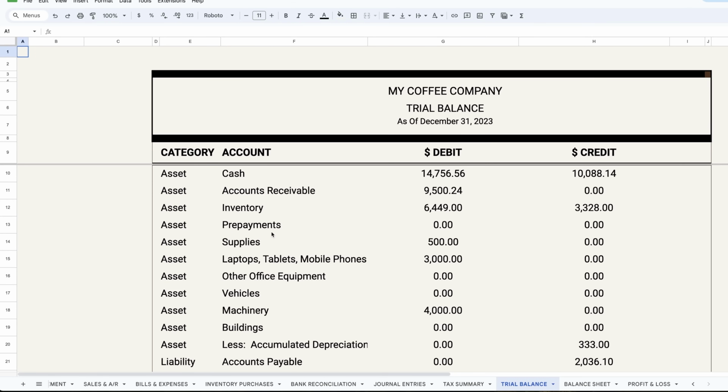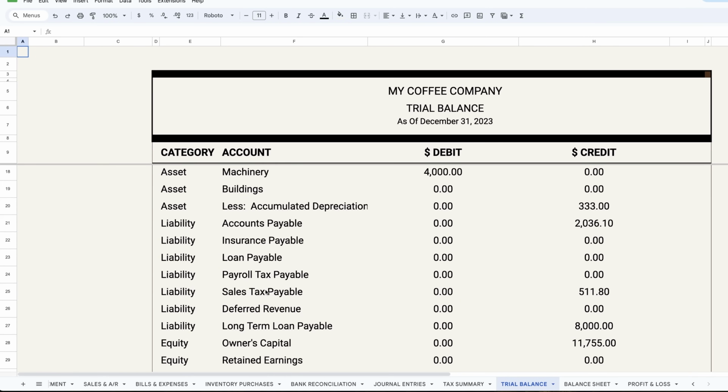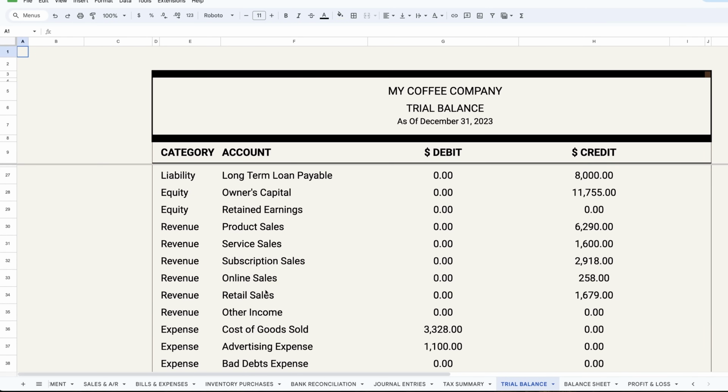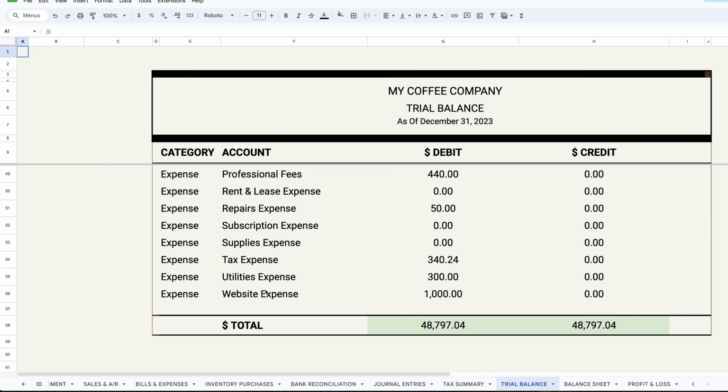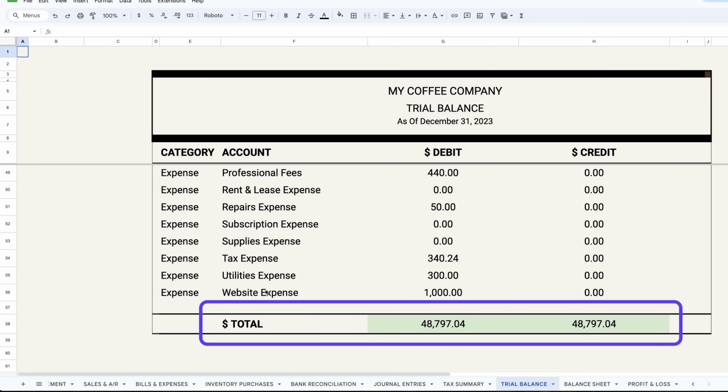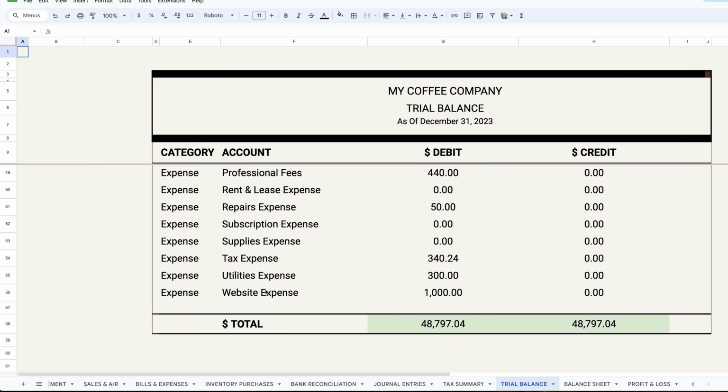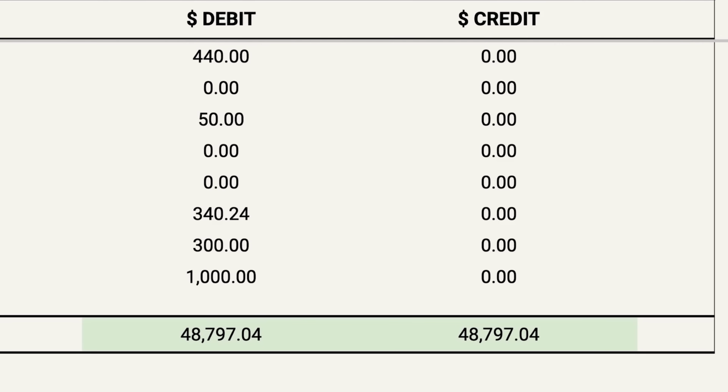So what I've done here is I've basically brought over all of the accounts from the chart of accounts tab. And the trial balance is really a way for you to measure that your total debits equal your total credits. You want to make sure that after each transaction that you input, especially into the journal entries tab, that you come back here to the trial balance tab to make sure that the total debits and the total credits are